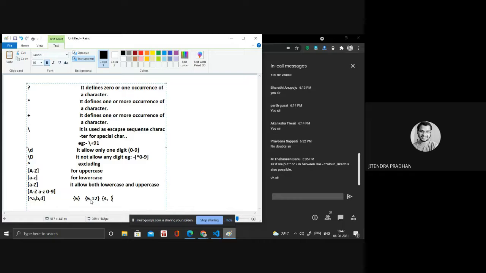If you want to allow 5 to 12 characters, that will happen. If you allow a minimum of 4 characters but the maximum is not defined, then whether you write 1000 characters, 1 crore characters or 1 lakh characters, it allows it. Okay. So these are regular expressions. If I give a regular expression example, then you will understand all this, right?